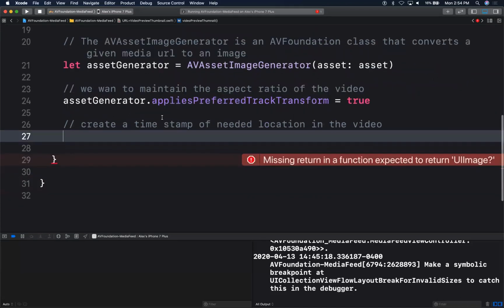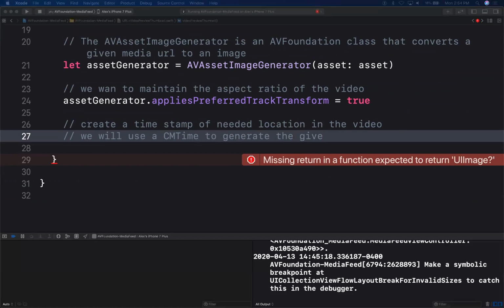Okay, so here we need a timestamp. What kind of timestamp are we working for? Here we will use CMTime to generate the given